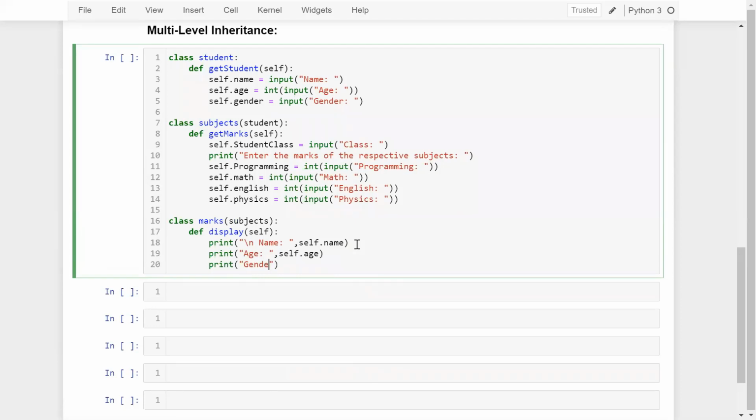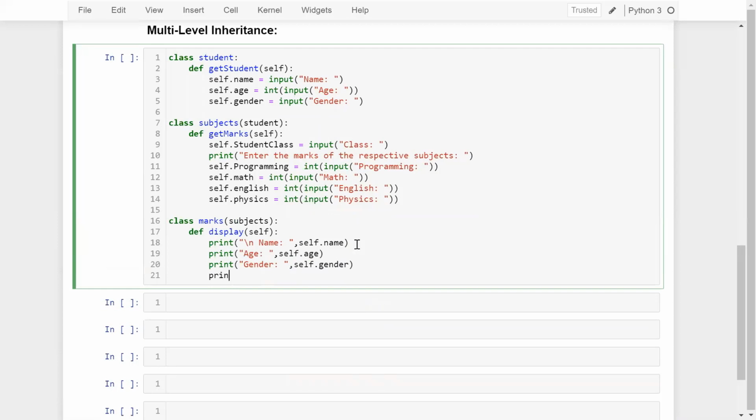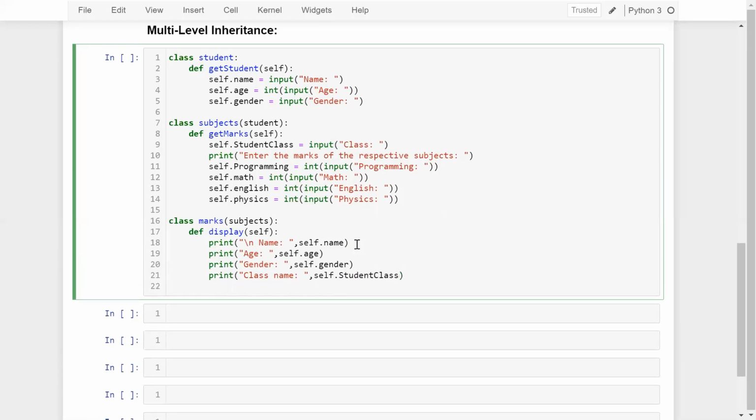Print gender of the student, let's say self dot gender, and print class name, which is self dot student class. And now I want to print the total marks. So print total marks, which is self dot.